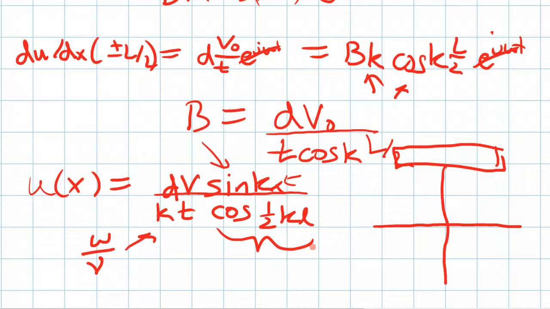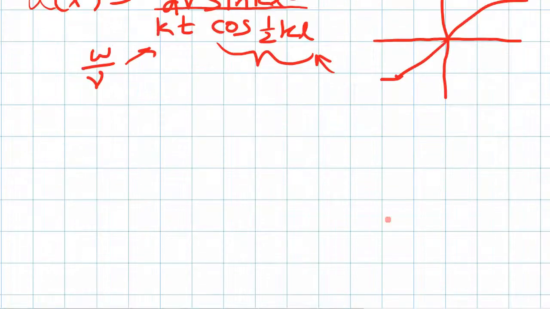The other thing we can look at is this cosine term, which I'll draw as the strain term, and it will change the shape as we move along. I'll show you a frequency plot. When this cosine term becomes infinity,